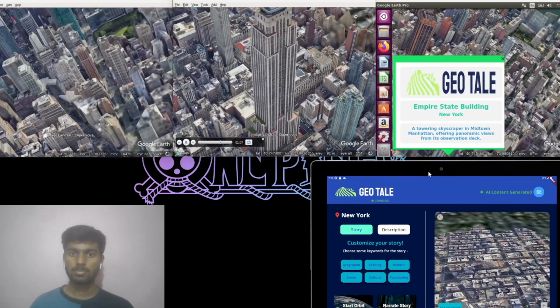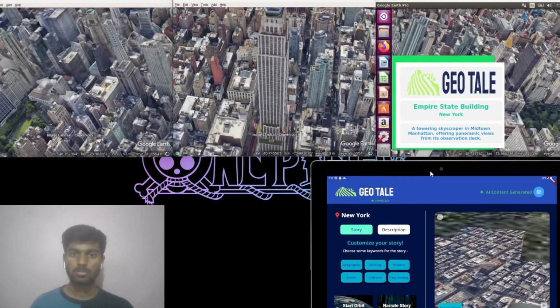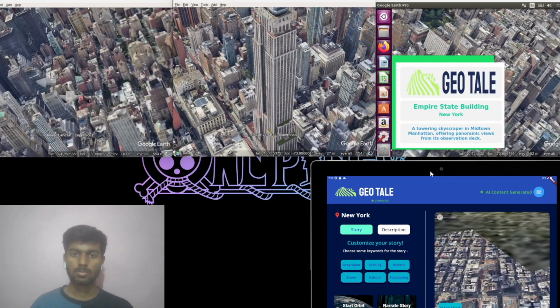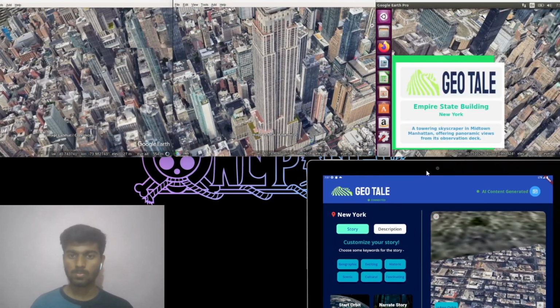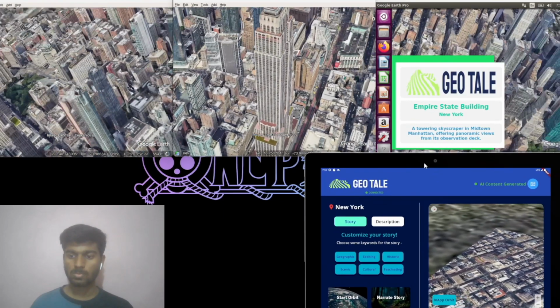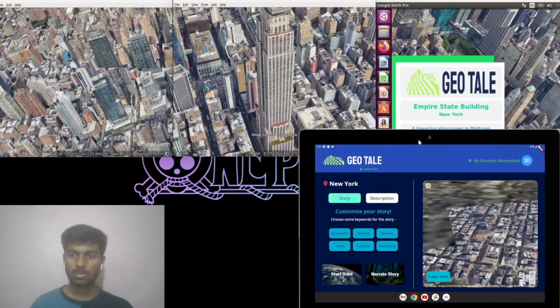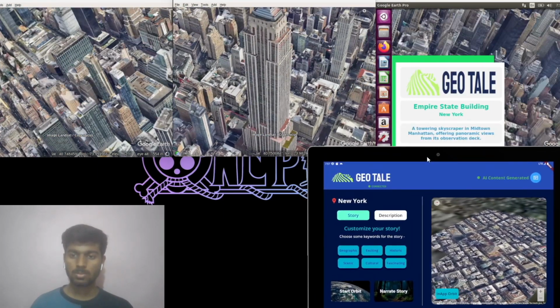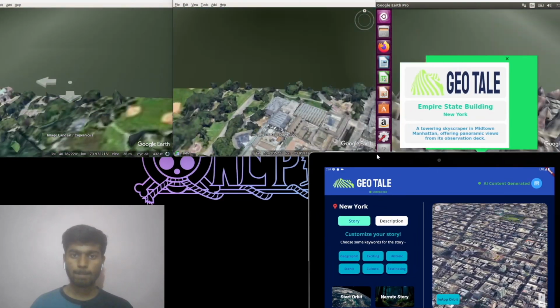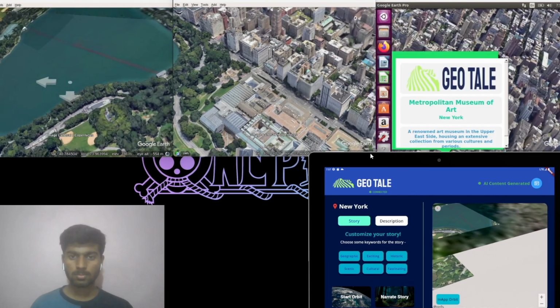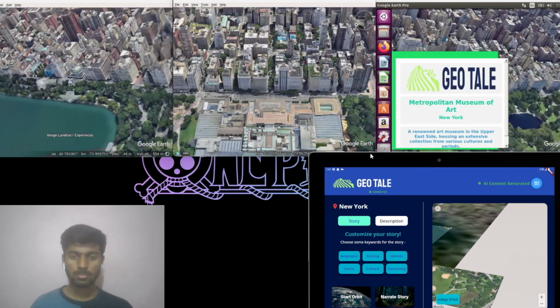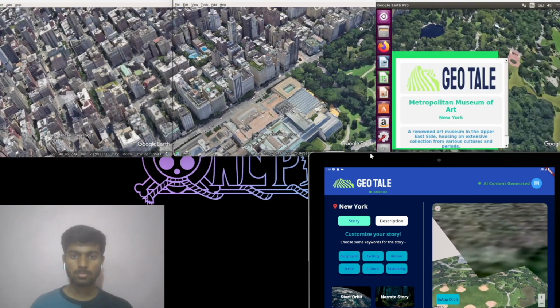A towering skyscraper in Midtown Manhattan offering panoramic views from its observation deck. A renowned art museum in the Upper East Side housing an extensive collection from various cultures and periods.